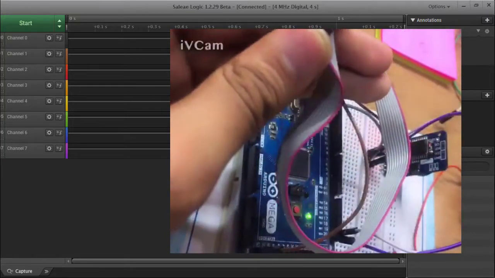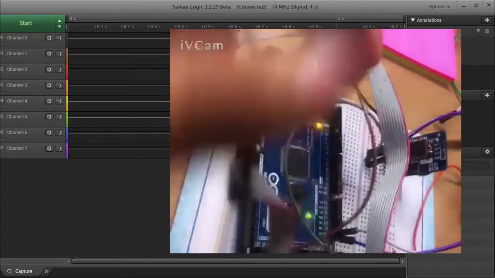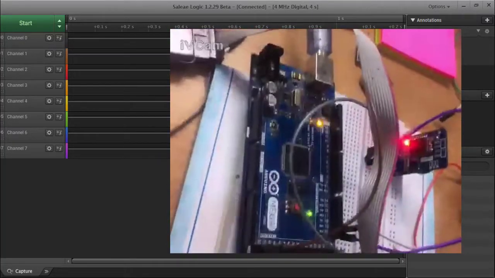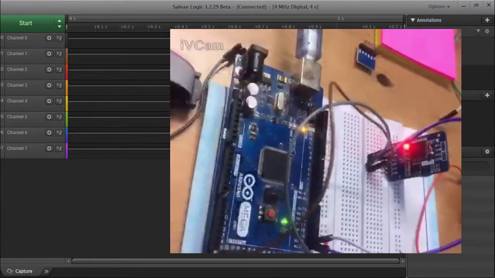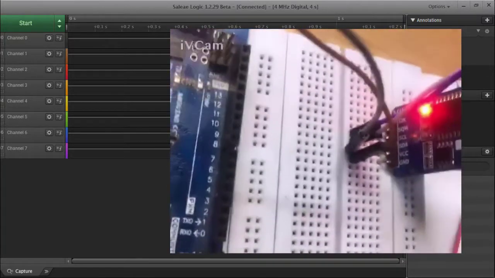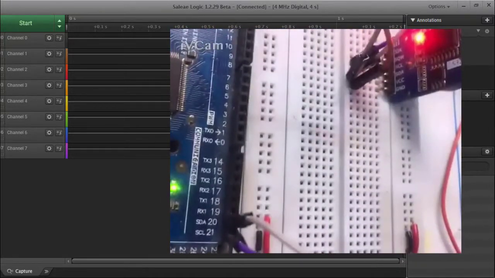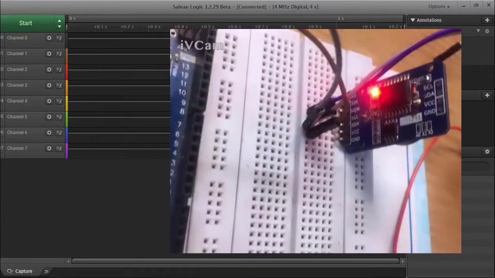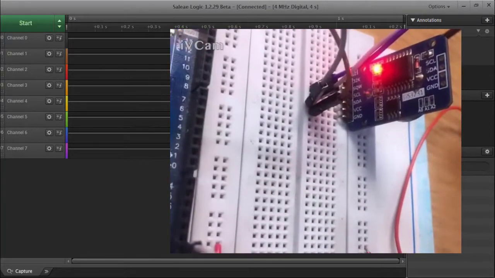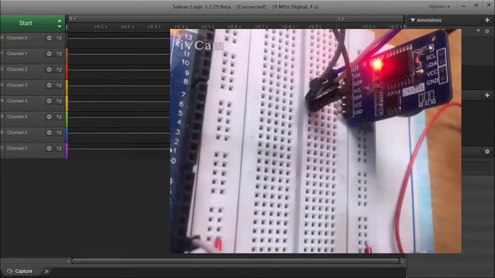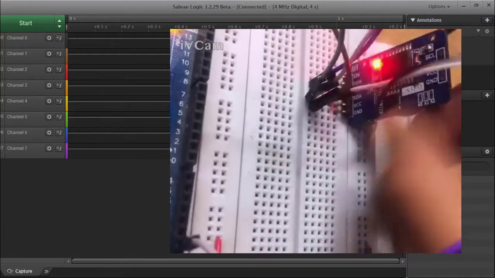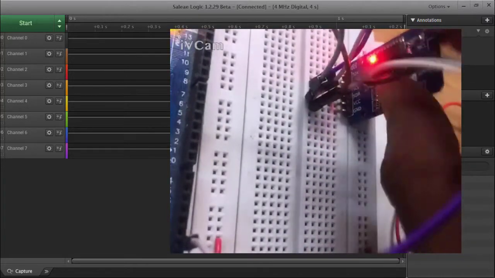So I will be connecting channel 7 and channel 5 respectively to the I2C SCL and SDA lines. Connecting the white wire here with the white wire of my logic analyzer pin. So white goes to white and black goes to the purple wire.